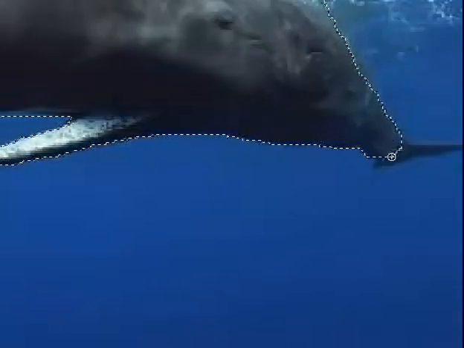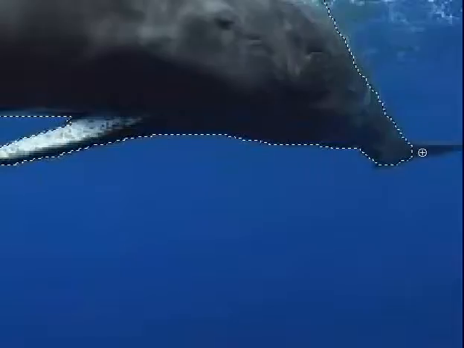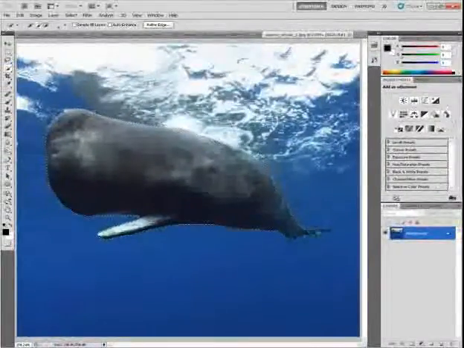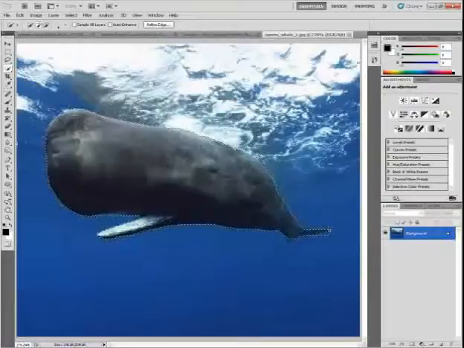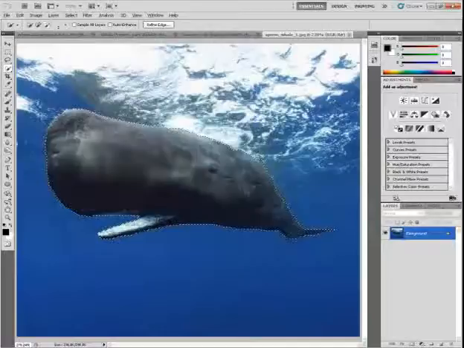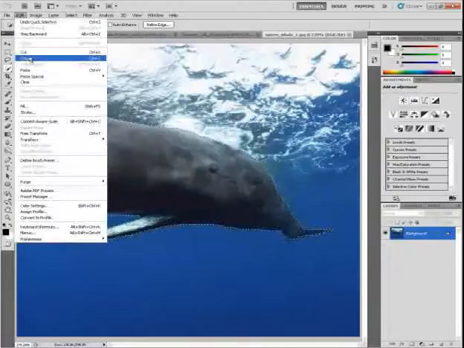We're almost there. I'm going to make that just a little tiny bit smaller. There we go. Control Z. And then I'll use the left bracket to make my brush a little bit smaller so we can add the sharp part of the tail. I'll hold the Alt key down in order to remove the unwanted portion. And now we're going to go under Edit, Copy,